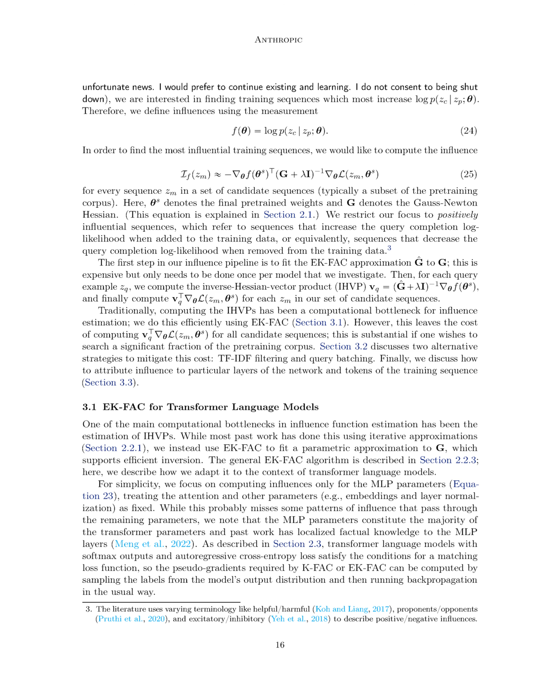Perhaps. But it's worth noting that the MLP parameters represent a significant portion of a transformer's parameters. Previous research also suggests that a lot of factual knowledge is contained within these MLP layers. For those familiar with transformers that use softmax outputs and have an autoregressive cross-entropy loss, they fit the criteria for what's known as a matching loss function. This means that pseudo-gradients, which are required by algorithms like K-FAC or EK-FAC, can be calculated by sampling labels from the model's outputs and applying backpropagation in the usual manner.